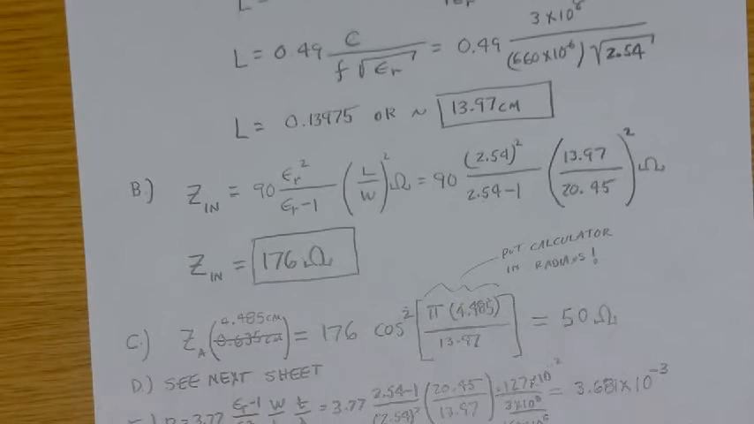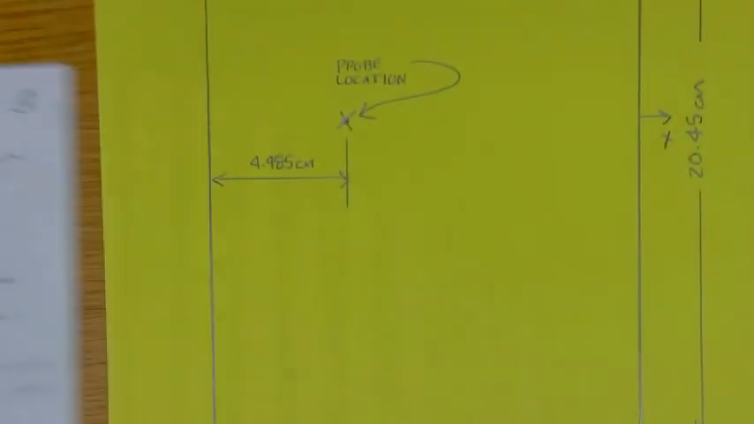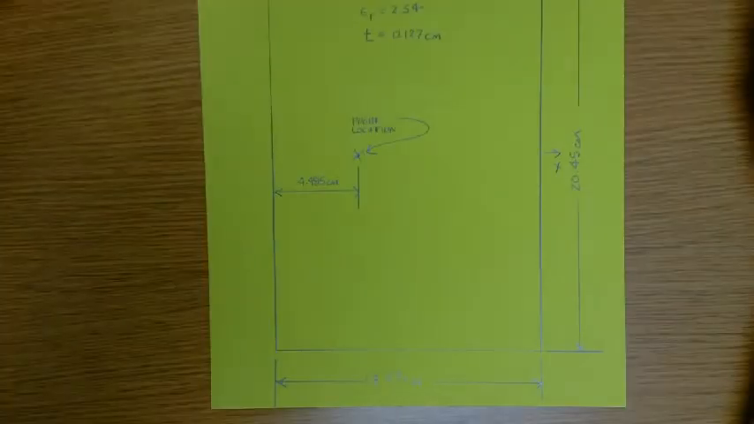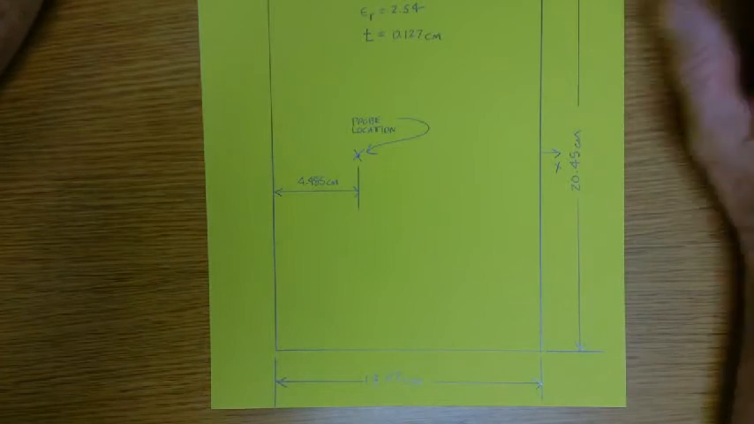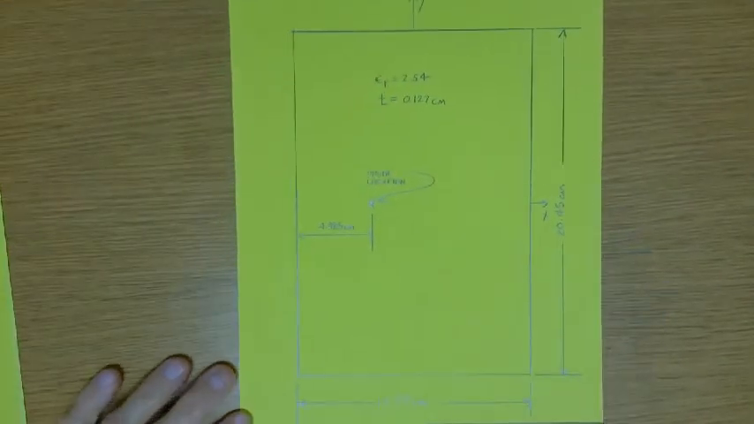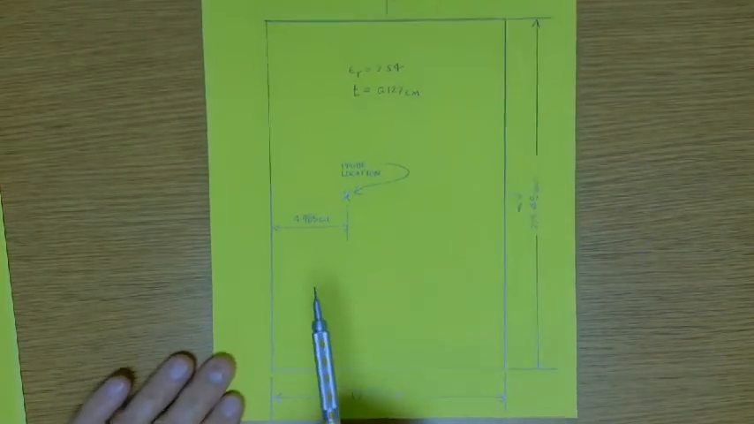So in the D part, draw the patch. I've done that here. I guess I have to zoom out. Zoom out. So here's the patch. Build this up some. Right. You'll see this online. So this is to scale, 13.97 this way,